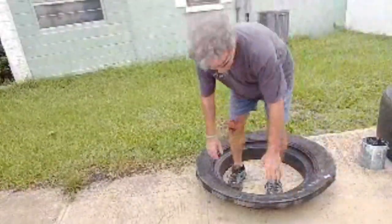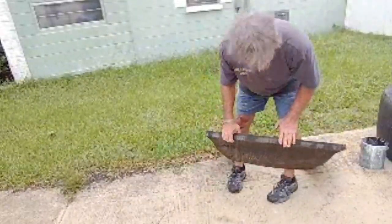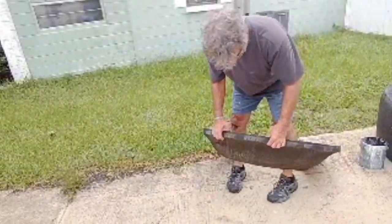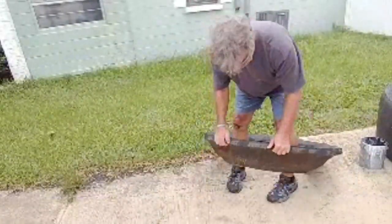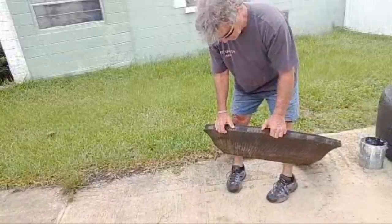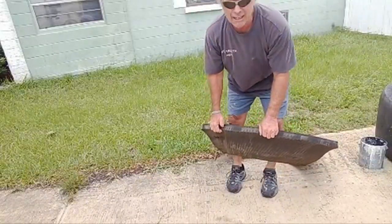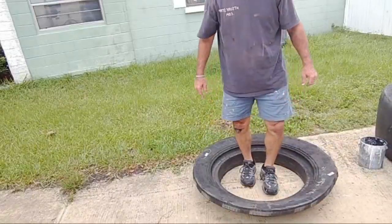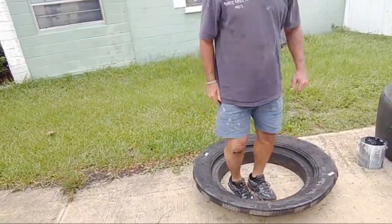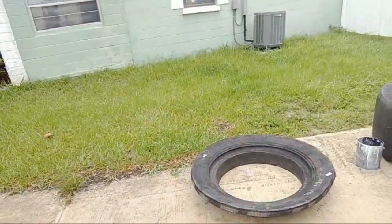As far as I can tell, judging by my hand size, it's almost 1 3/4 thick, I'm guessing, at the edge here. It doesn't have metal. I was a little worried about that, but there's no steel there. It's just different cords. It looks like a heavy material or something that's stuck in the support. Don't know what it weighs. I'll weigh it in a few minutes, find out what it weighs. But now,